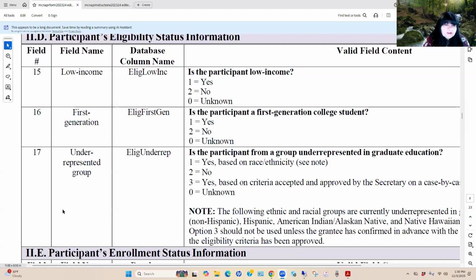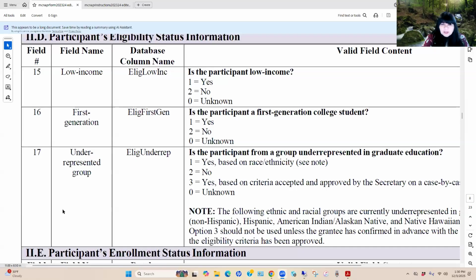Sometimes if there are changes, they will publish, but I doubt they're going to publish any APR changes. And as Lisa suggested, once the APR website goes live, log in immediately to download the instructions, to download that letter that I mentioned, where we might see some edits.